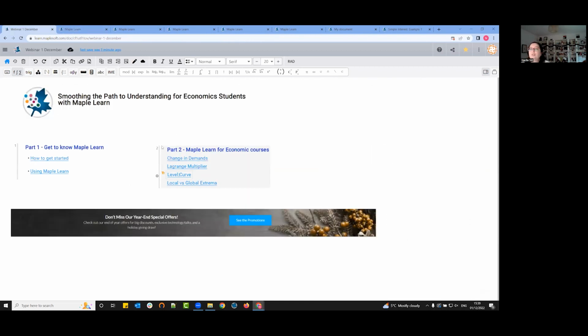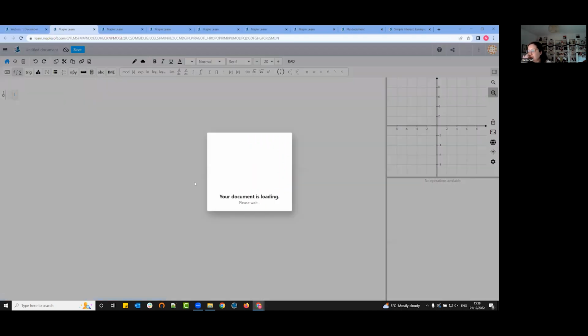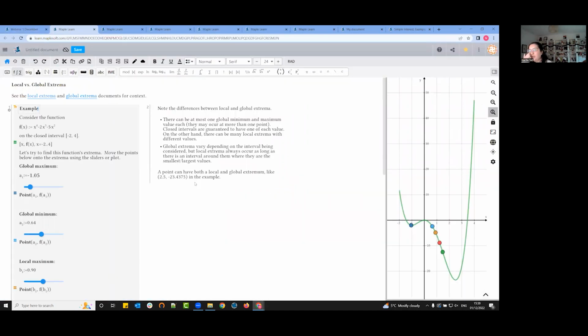And then I just wanted to finish with another type of document that is more interactive and that is really nice for the student to play with. Because when it comes to teaching economics, something that came up quite a lot from some teachers is that they'd like the students to understand the concept of global as well as local extrema, so minimum and maximum. This is sometimes quite hard to understand for the student when they don't see the curve. So MapleLearn will help them to visualize this type of concept